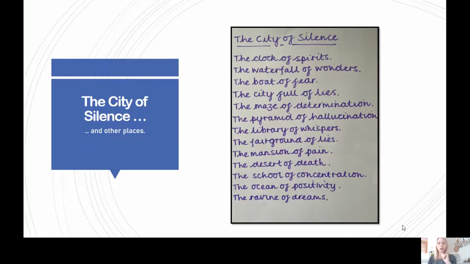Okay, so your job today is to come up with a list poem, putting together as many interesting and exciting combinations of places and abstract nouns to create a superb list poem.